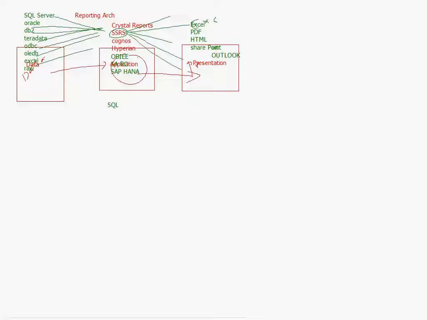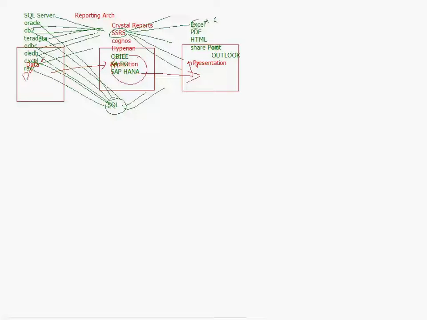But how are you getting the data from SQL Server? Using SQL. Data, we still use SQL. We are bringing the data from DB2, still we need to use SQL. Here still we need to use SQL. In unknown formats also we can use only SQL. We know how to write SQL. Then we use SQL to bring the data and present it in a presentable format.